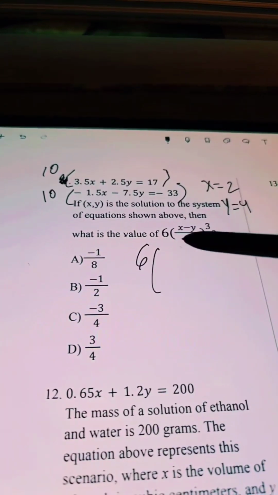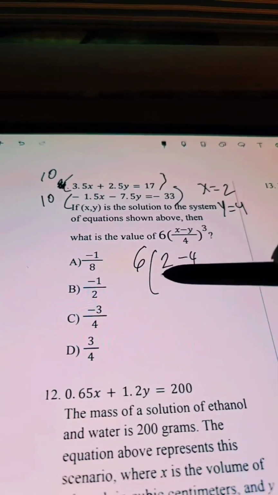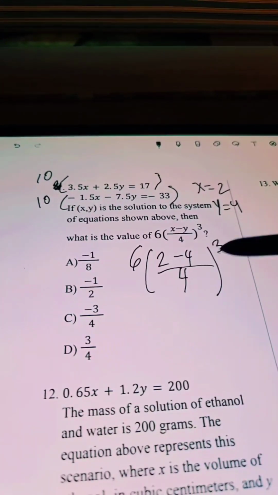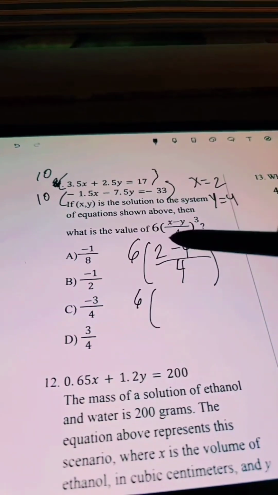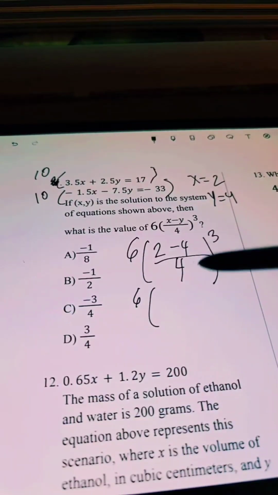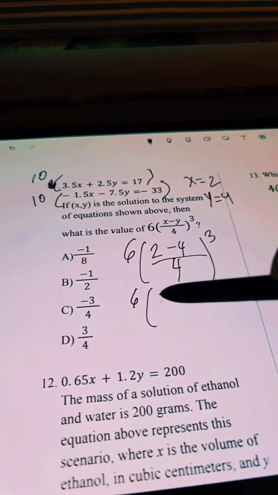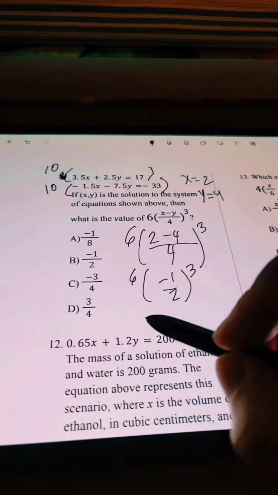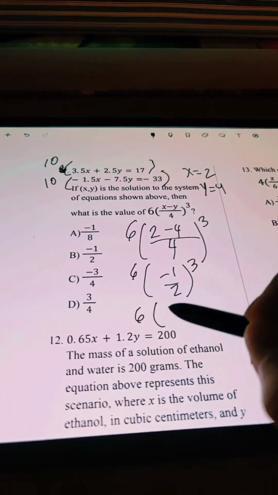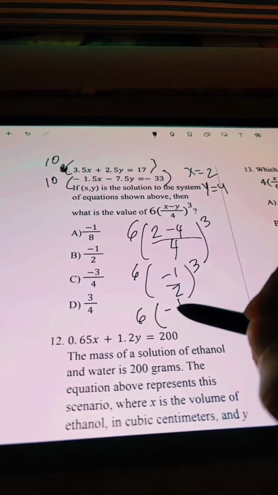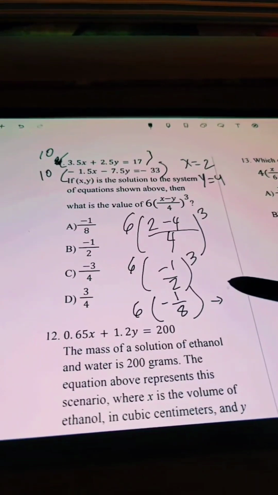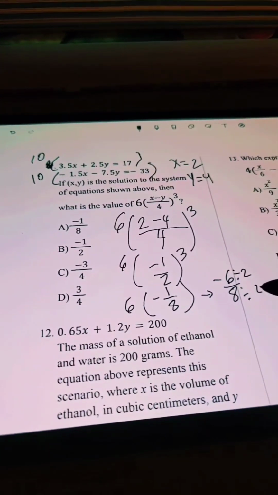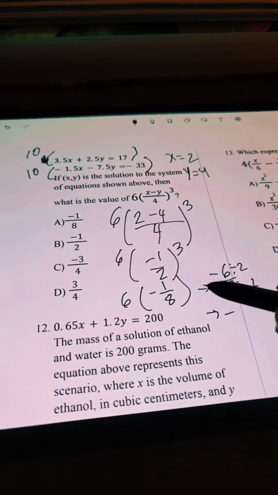So we're going to say 2 minus 4, and then obviously the 6 is on the outside, over 4, and then all of that cubed. So it's going to be 6 times 2 minus 4 is negative 2. So it's negative 2 over 4, which is just negative 1/2. So we have 6 times negative 1/2 cubed. So it's 6, and then negative 1/2 cubed is negative 1/8. So this is just going to be negative 6 over 8. And if we simplify by dividing by 2 on top and bottom, we get negative,